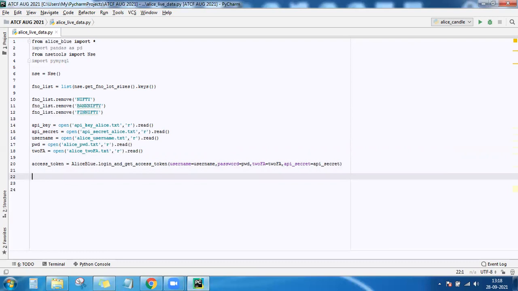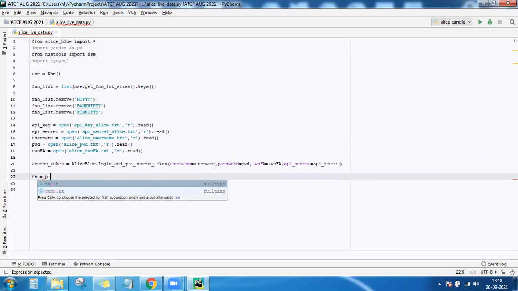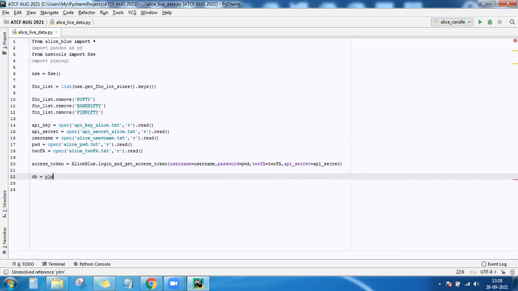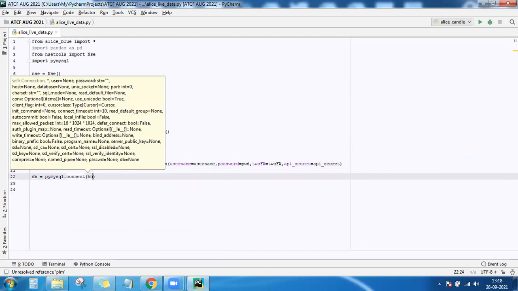Now we want to store the data into our database, right? So that PyMySQL also we are going to connect. So pymysql dot connect. For this purpose, I have already created a database.